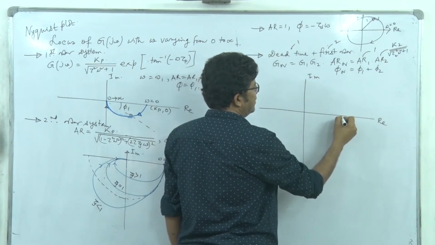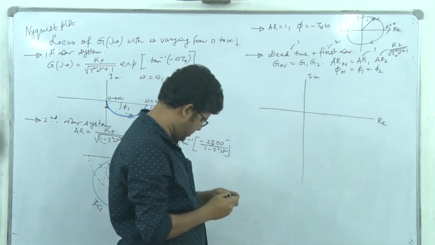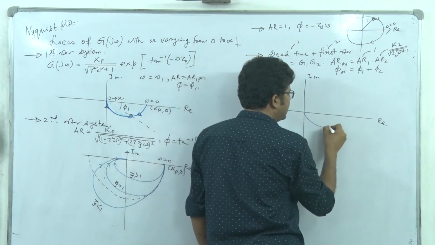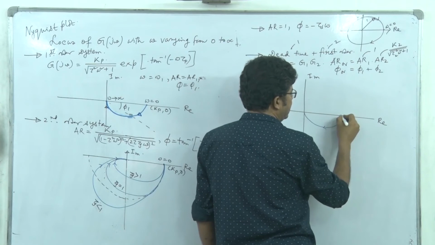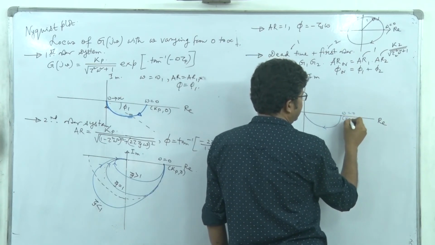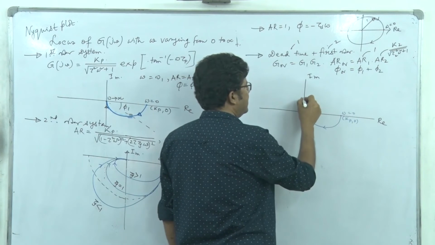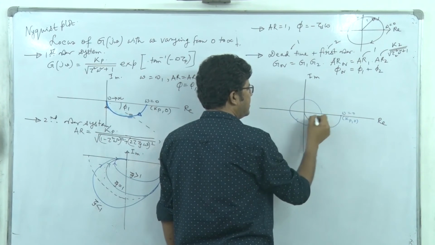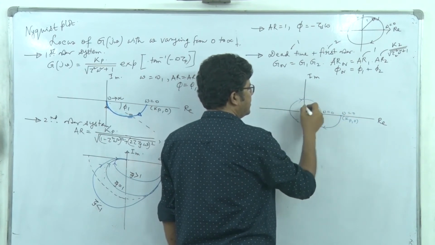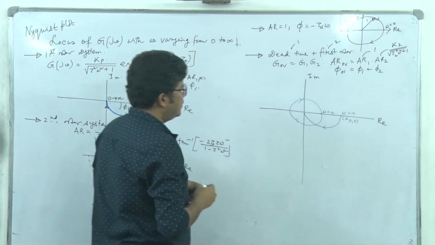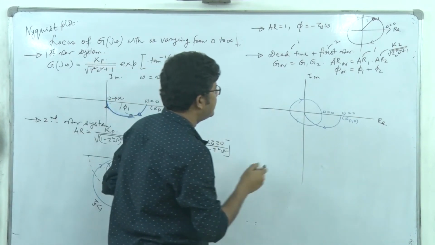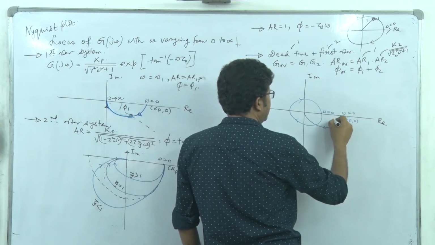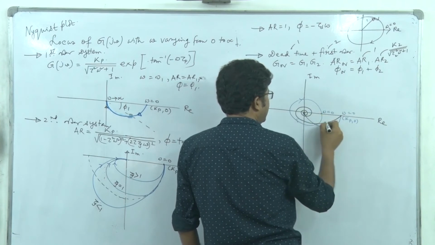Say Kp is here. Again, let's use a different color. So Kp is here. So this is the first order system. Right. So this is omega 0 and it is Kp comma 0. And here we have, say, this unit circle, and this is omega equal to 0. It goes on evolving. So essentially, we will be having this sort of spiral.